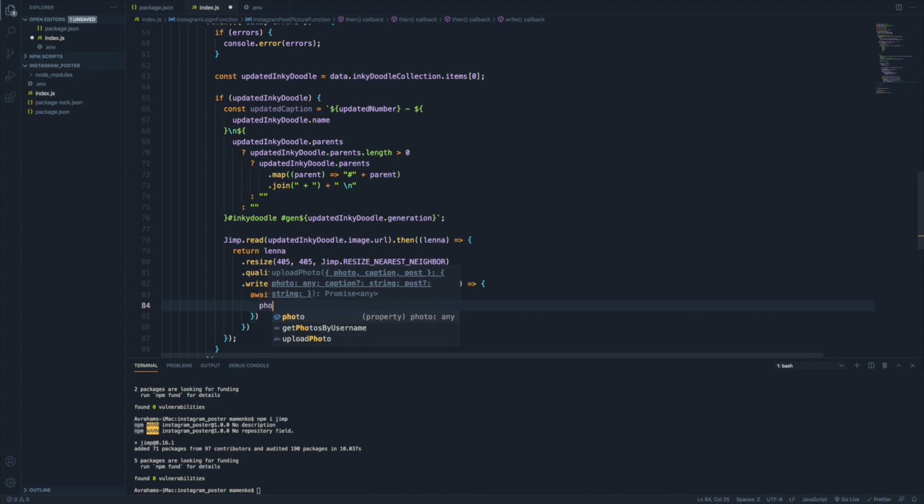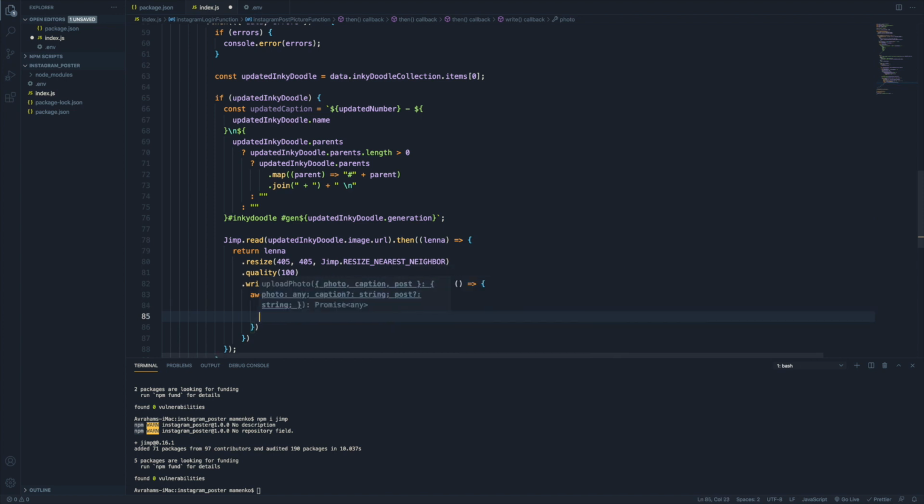We'll set the photo key of that object to the value of our updated InkyDoodle name. This will be the local JPEG file that we have. We'll also set the caption key to our updated caption. And finally, we'll set the post key to feed, since we want to target our Instagram feed rather than create an Instagram story. If you do want to create an Instagram story, just set this post key to the string